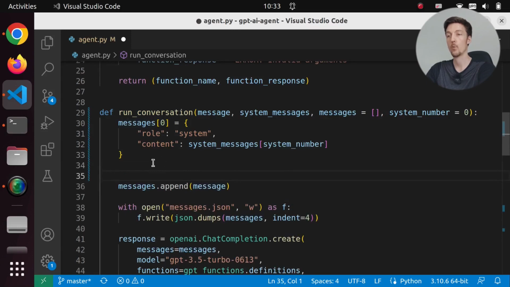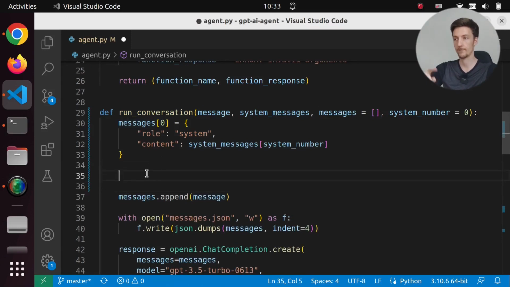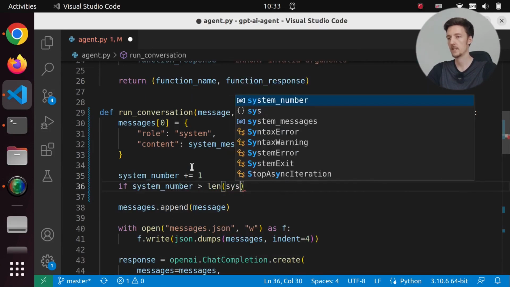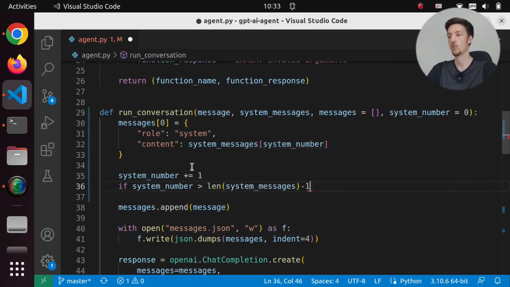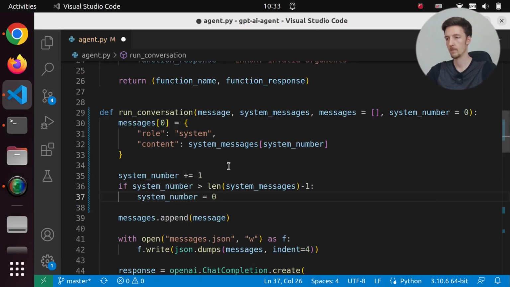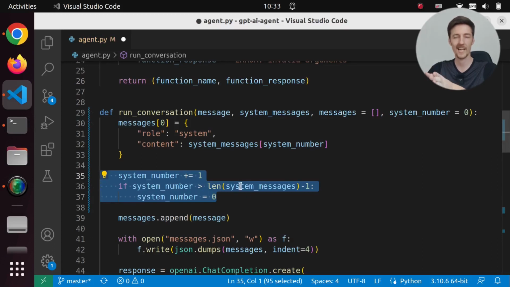And then we would want to change the system message for the next iteration. So we can do system number plus equals 1. And if system number is greater than the length of the system messages minus 1, then system number is 0. Perhaps this is a very complicated way of doing this.